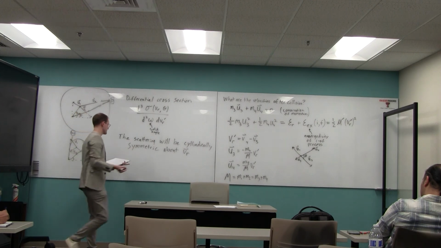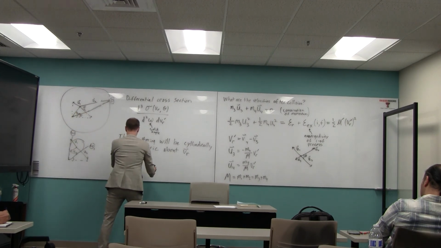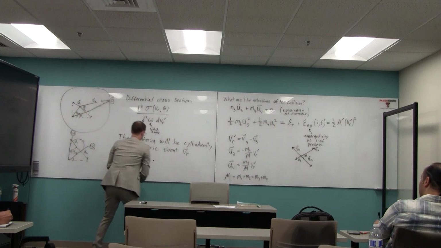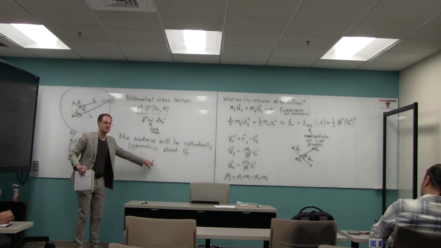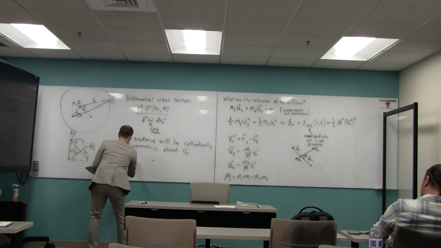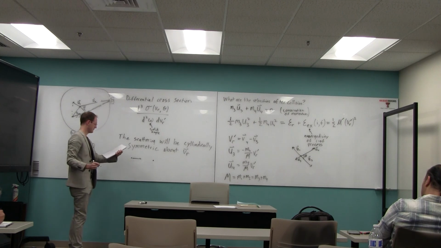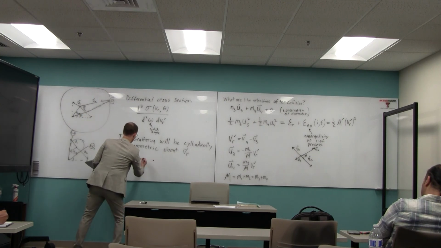Right, and so to see why that would be the case, let's just say you have one particle that's really massive, right? So it's basically standing still in the center of mass frame. You have another particle that's light, so it's scattering off of that particle, right? Well, let's say you have a certain impact parameter, B,